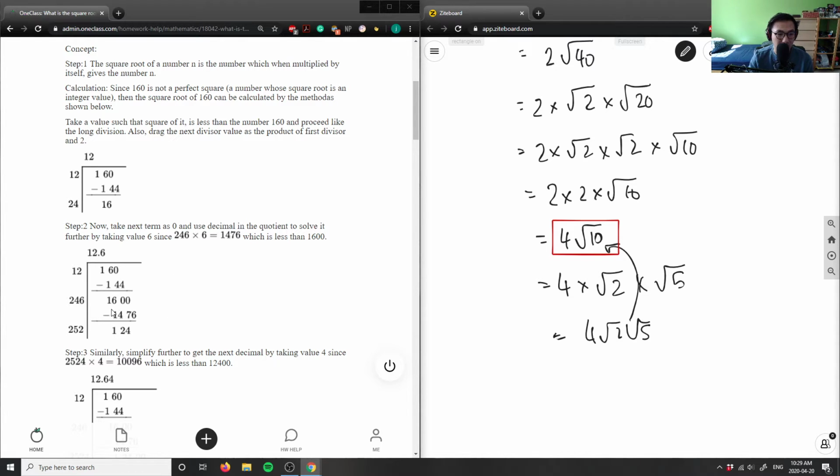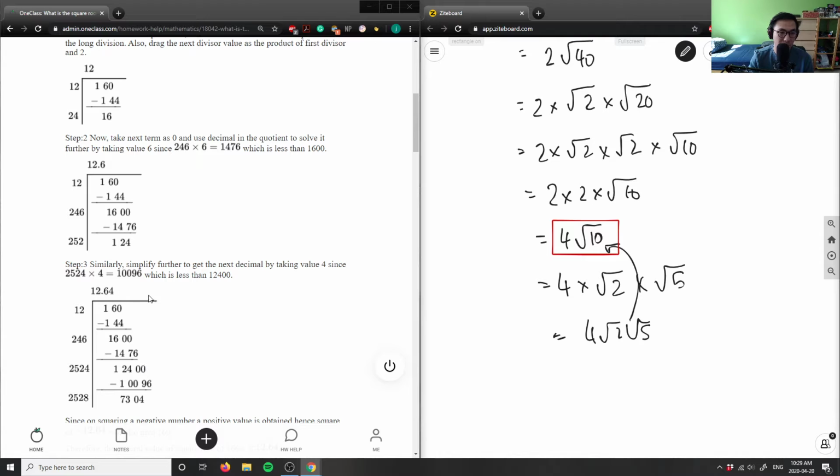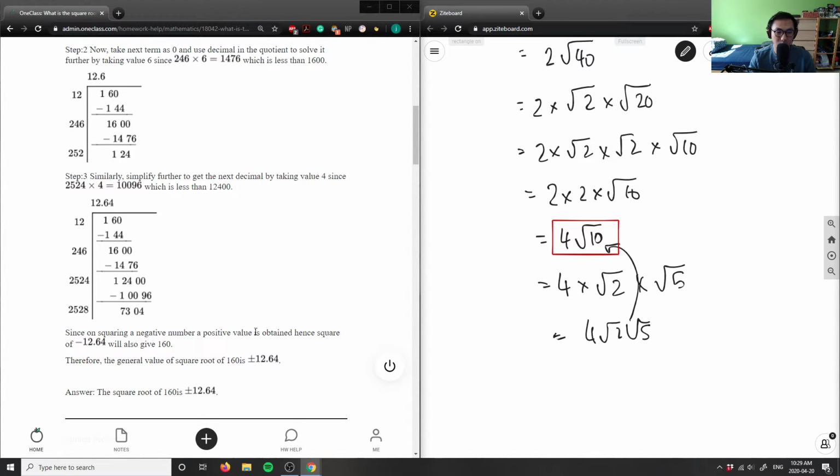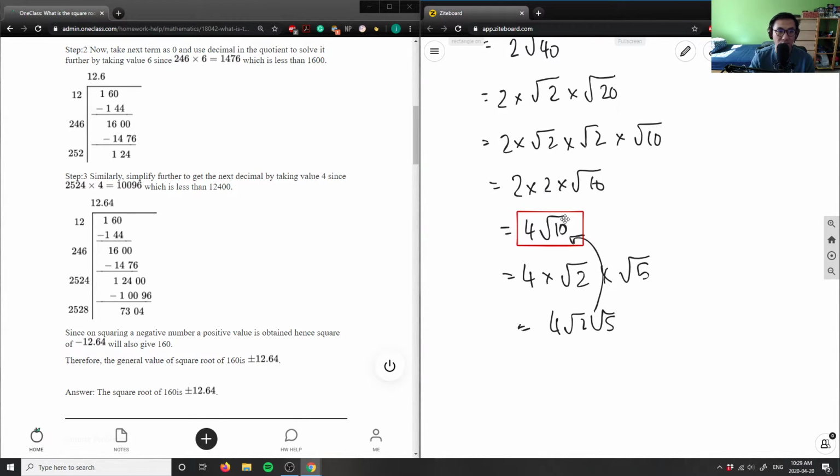And they're adding 6 to this, which makes a new divisor, and you can simply repeat this process to get another decimal place. So this says that the square root is 12.64, which is the correct answer here. Again, you can do the exact same thing with 4 root 10, and you would have gotten the same answer here, right? If I did the Method value for root 10 here,